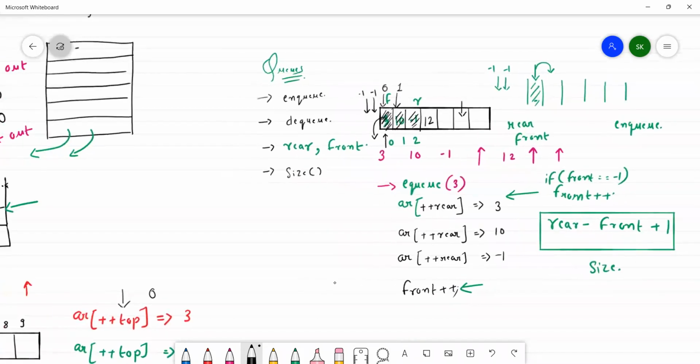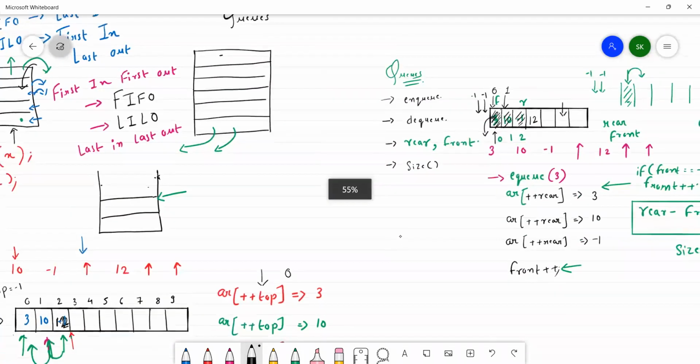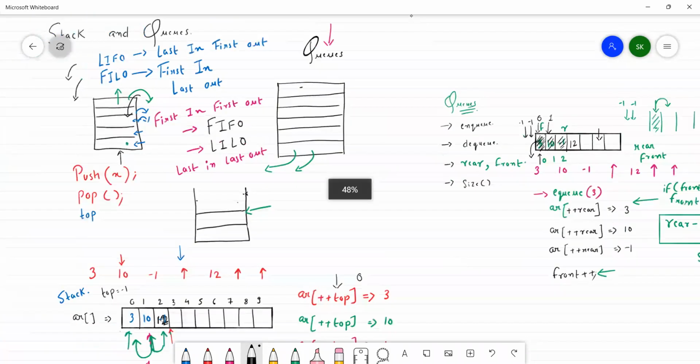There are so many types of queues which are going to come, but as of now, these were the basics for stack and queues. So I'll just end the class now, and we will